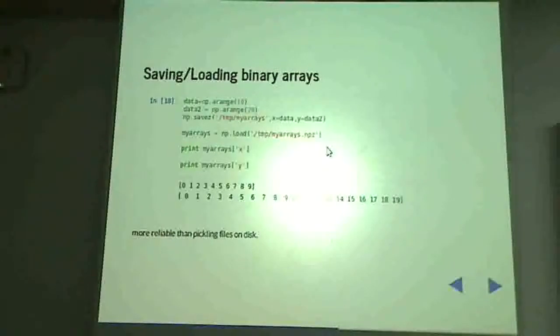If you actually want to save your arrays, either to look at them in more detail or to come back to them tomorrow, like what is shown here, you can do this. Of course, this x and y are just labels. Instead of that, you could have a and b, or you could even have data and data2. You could have said data equals data and data2 equals data2. The label would be the same as the original name of the array.